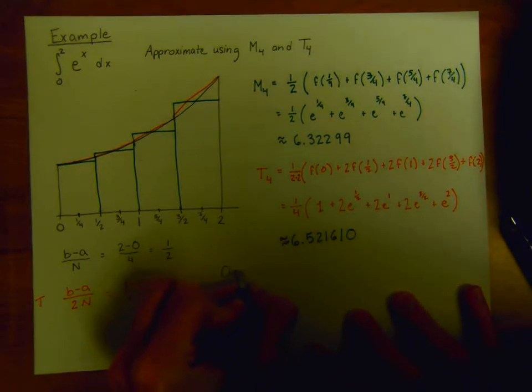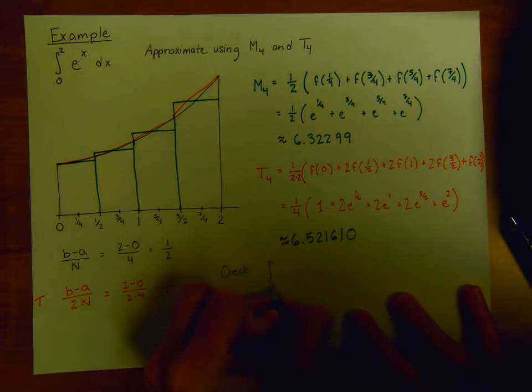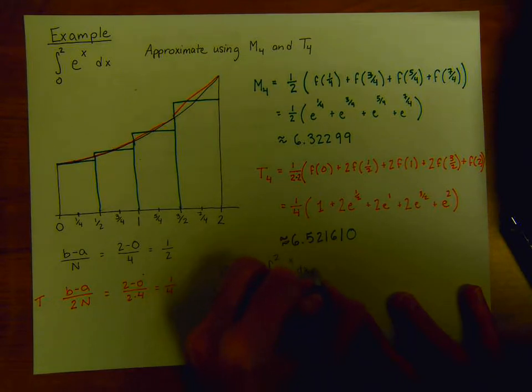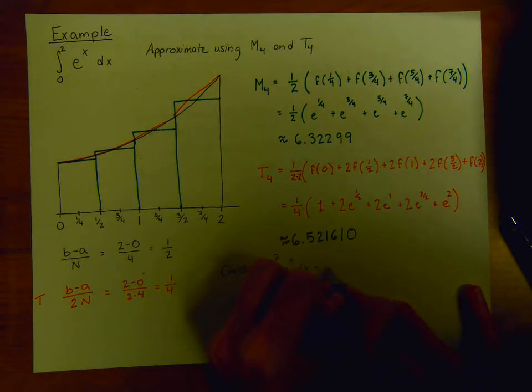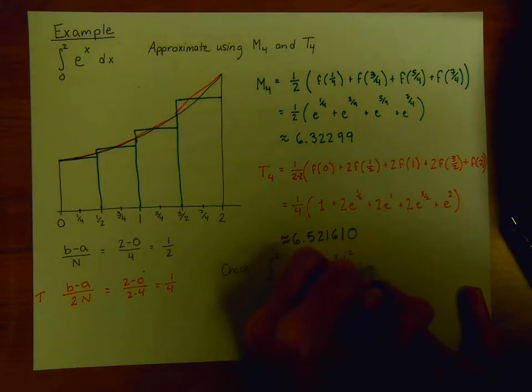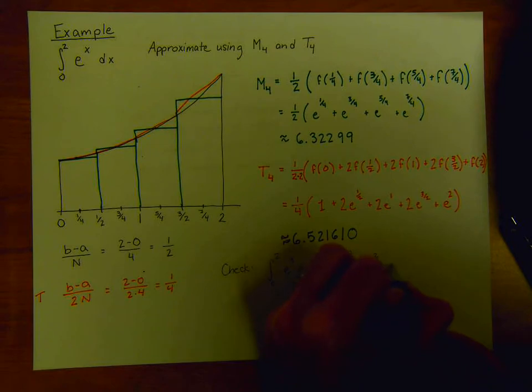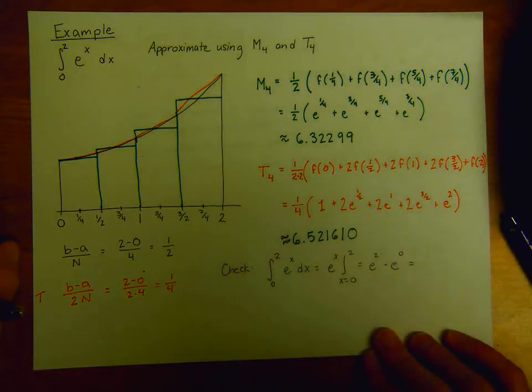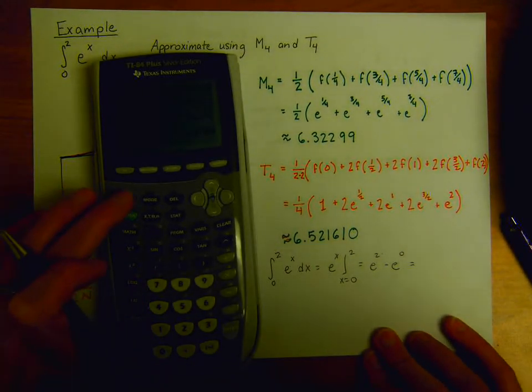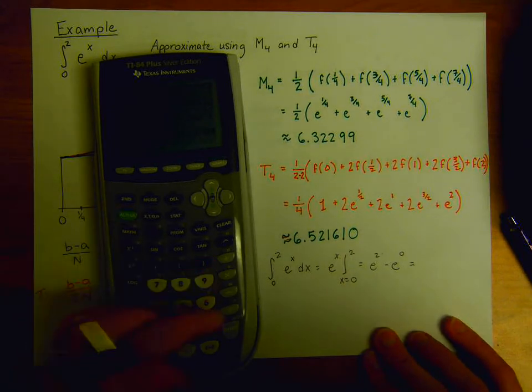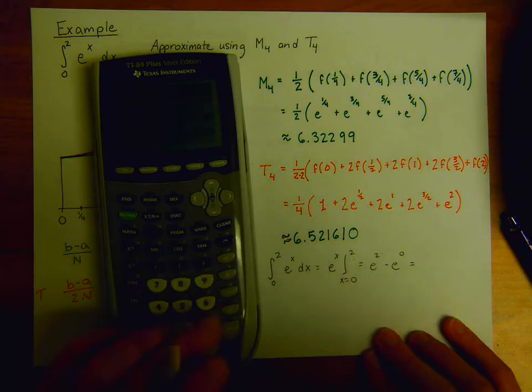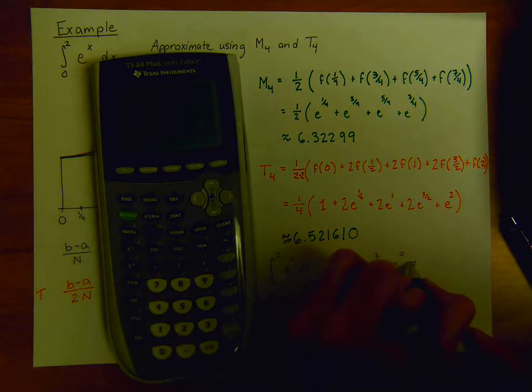So our check, we can compute the integral from 0 to 2 of e to the x dx, because this is something we know how to integrate. That's the integral of e to the x evaluated from x equals 0 to 2, which is e squared minus e to the 0, and I can plug that into my calculator. E squared minus e to the 0 is 1, but I'll put it in my calculator just for fun. And this gives me a numerical approximation. So this is an inexact value of